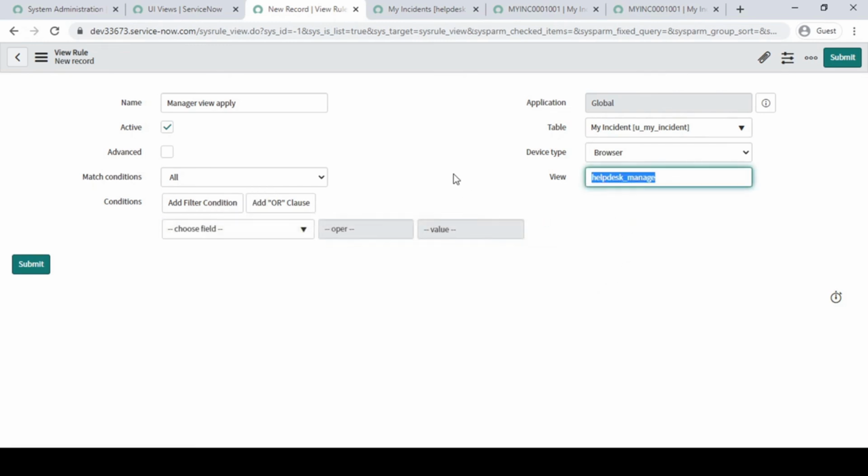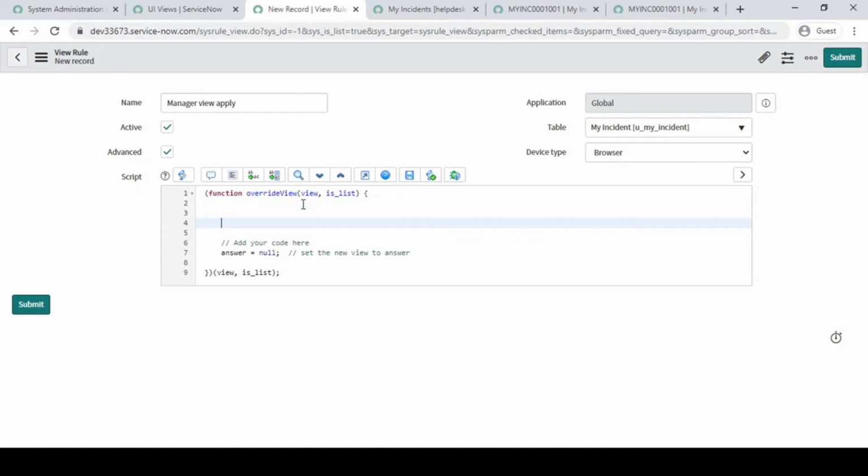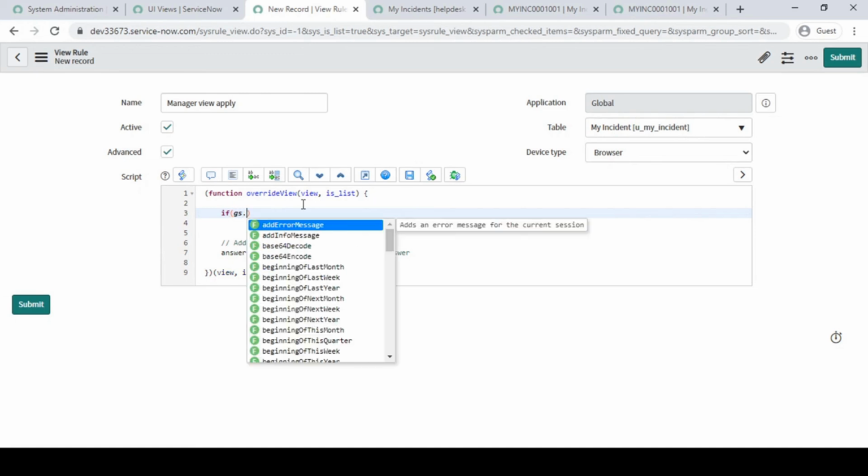In this example, what we are going to see is that we are going to write a single line of code which will help us apply a view. Don't worry, I will explain each and everything in detail. So first we have to check, not current dot, we have to check the logged in user. Just take an example that if the logged in user has an X role, then please apply the X view. So what I'm going to do is gs dot